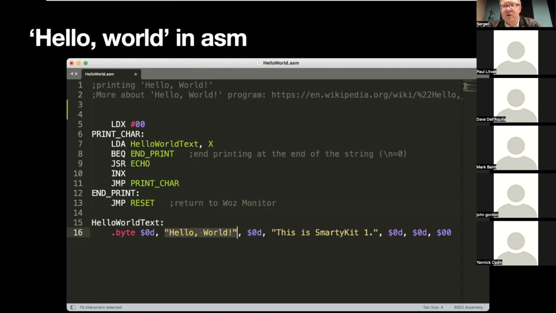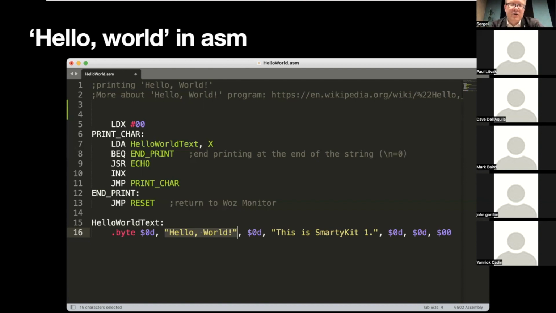It's a Wozmon system routine, and it uses values stored in the A register in order to print it to the screen. So we have it already there, because BAQ doesn't change the A register. So we have this char already there, so it goes right to the echo, and when this char is printed, what do we need? We need to increase our index. So it's like, as usual, we write something like i++